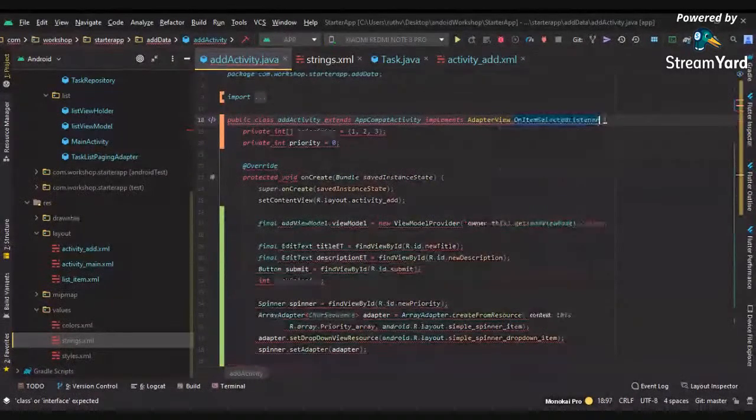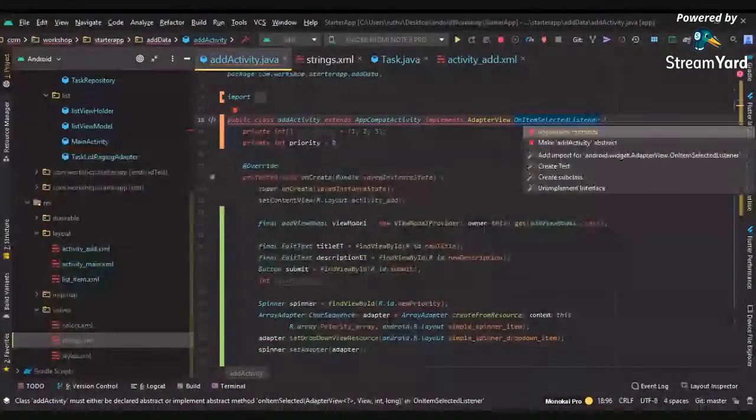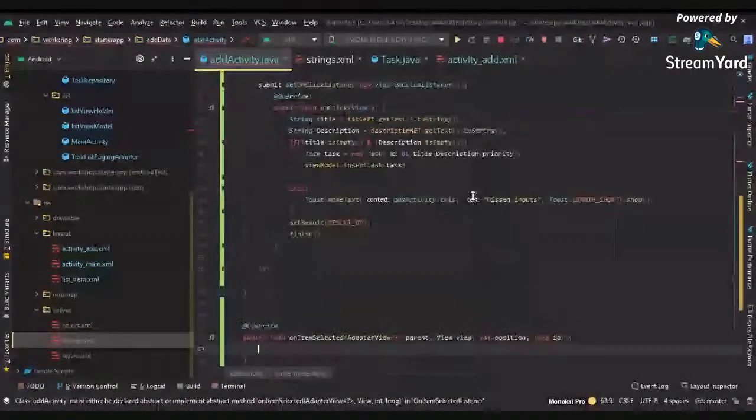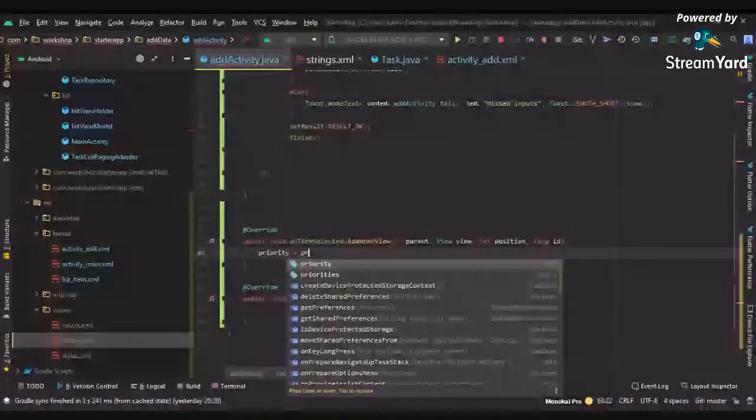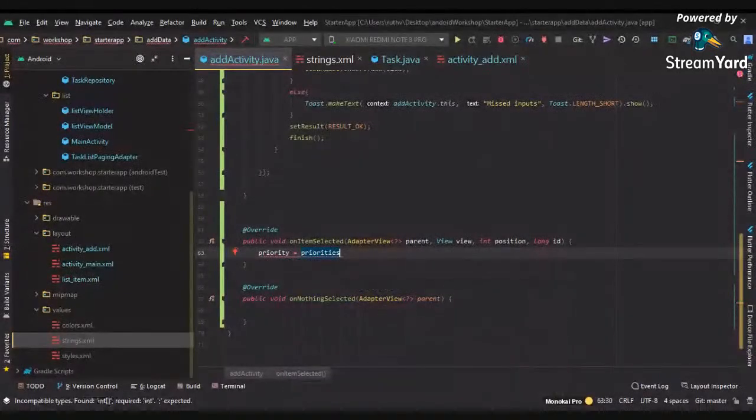So this particular listener will have two methods. Let's implement on item selected and on nothing selected. If nothing is selected, we can show a message to the user, or if something is selected, then we can use the array and load the value to the